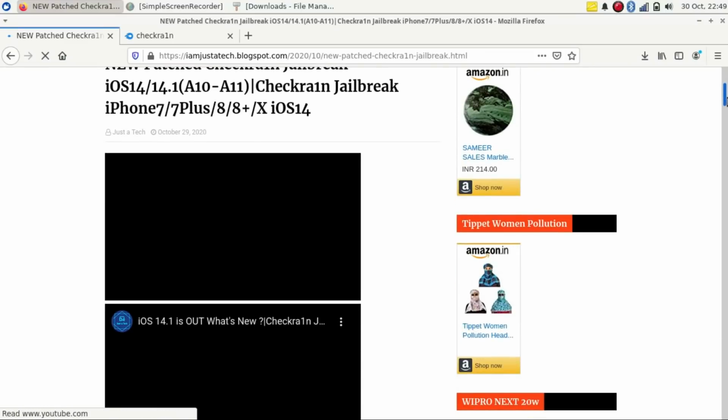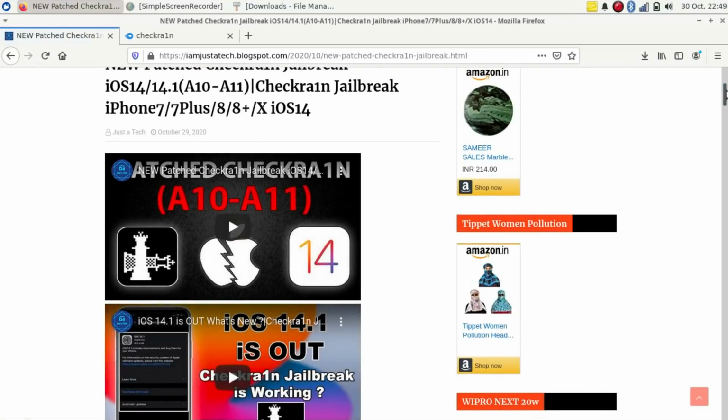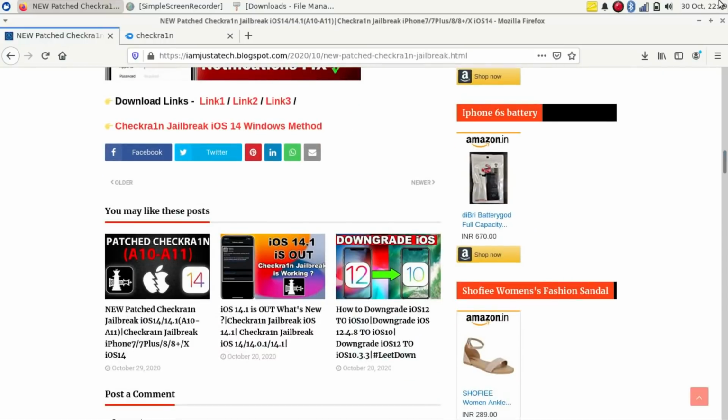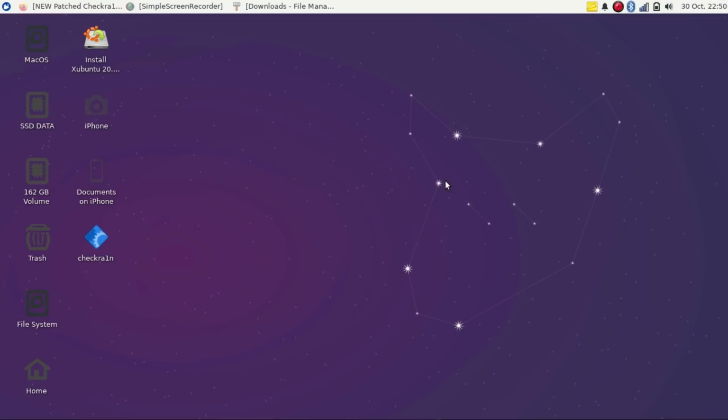And if you're interested in the macOS version, you can check out my recent video. In that I have explained each and everything about this patch version, because after this patch version there are some issues related to SEP encryption, and you can't set a passcode, fingerprint or Touch ID, Face ID like that. So I don't recommend you install this patch version on your primary device, or if you are willing to install, you can install it on a testing device, or if you can wait for the official checkra1n release, that will be better for you. That is more stable and secure as compared to this patch version.